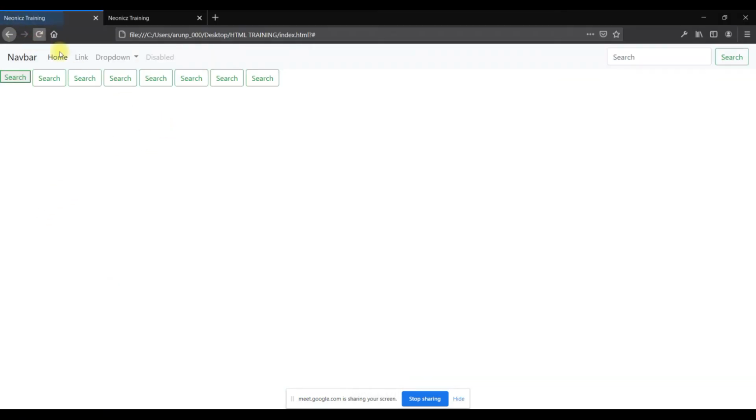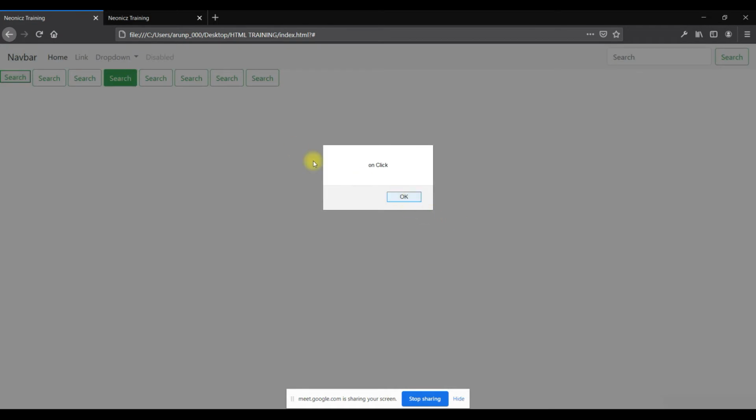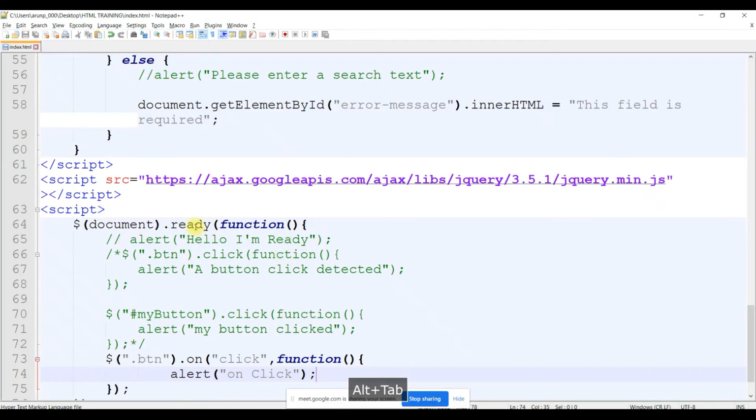Going back to the page, I have given btn dot on click. On click is working. Here it is working. Any btn tag, it is working. Now let me just go back and